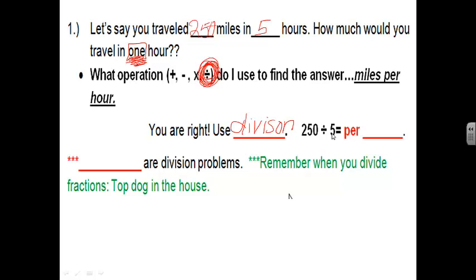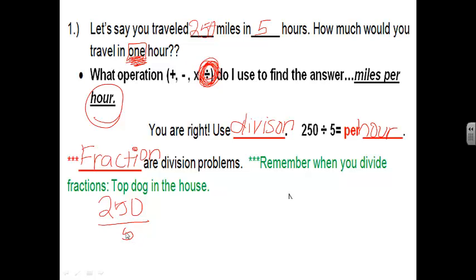So we are trying to find out what 250 divided by 5 will give us. Per what? It will give us how much per hour. What's another way we can show a division problem? We have talked about this a million times. Fraction. So I'm going to put my division problem in fraction form, and that way it will be easier to divide. So I'm going to do 250